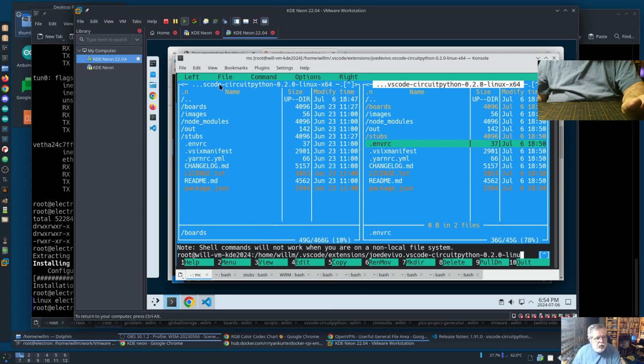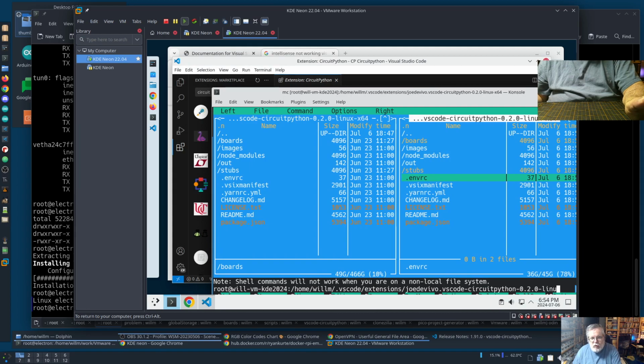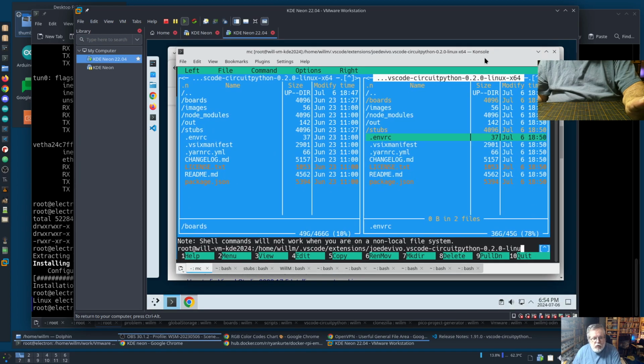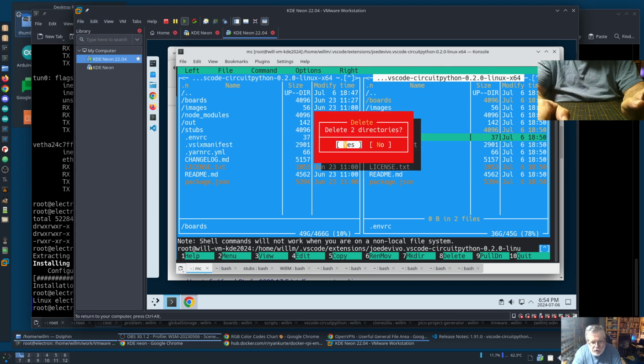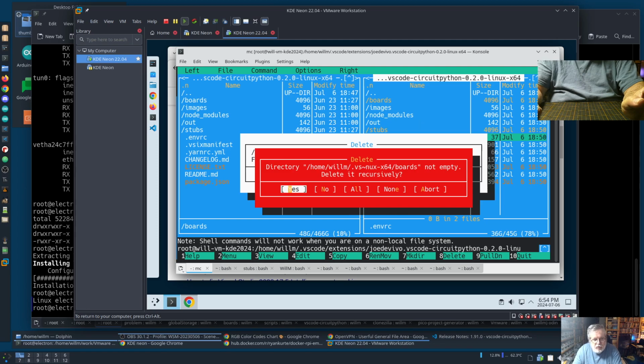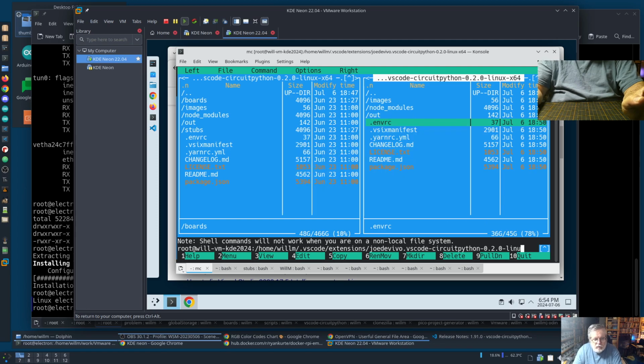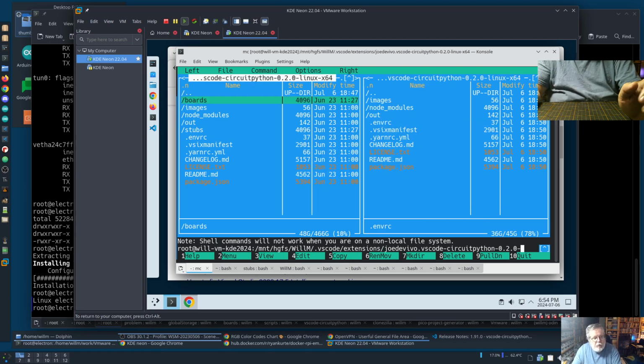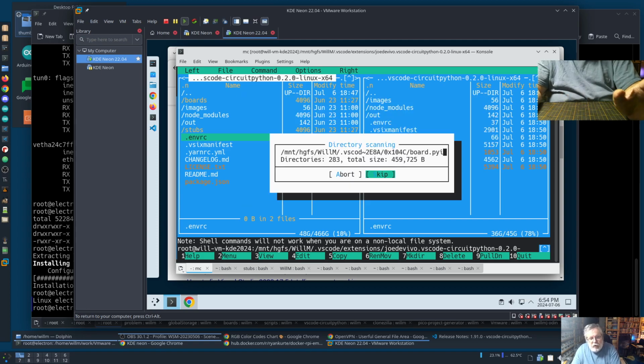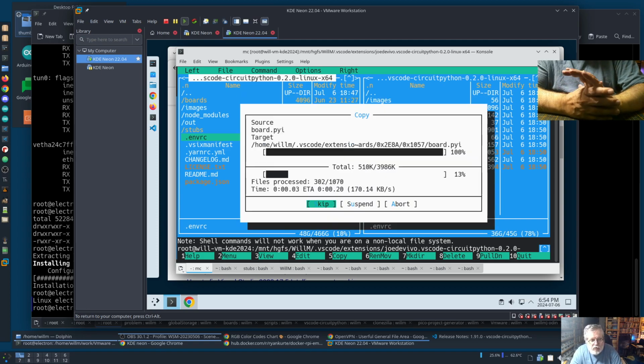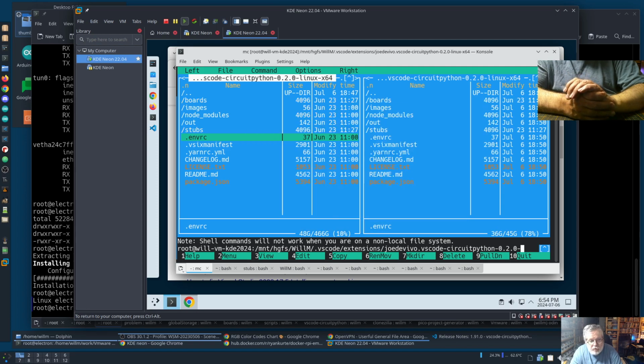and we want to close VS Code for a sec over here before we do this. There we go. And on this side here, we will say F8, yes, all. Okay, and then we go tab back to here, we go Control T. Since I've already built them on the other one, we're going to copy them over here. So we'll have an updated boards and stubs directory. I just stole it from another VS Code. Okay, so if we bring up VS Code now,